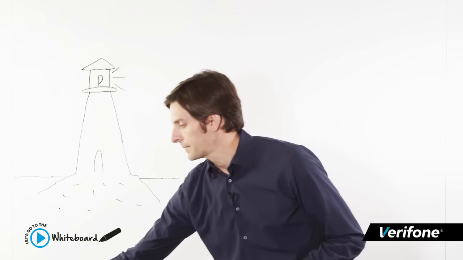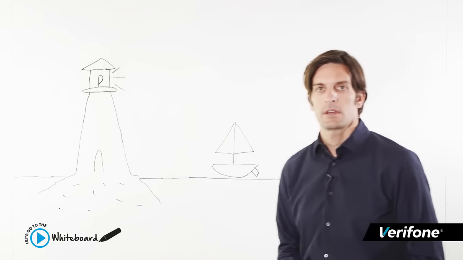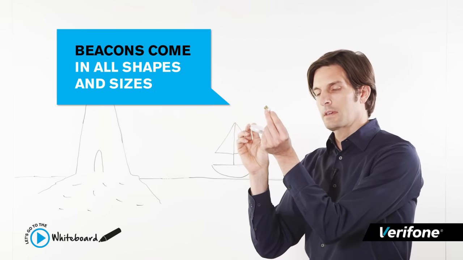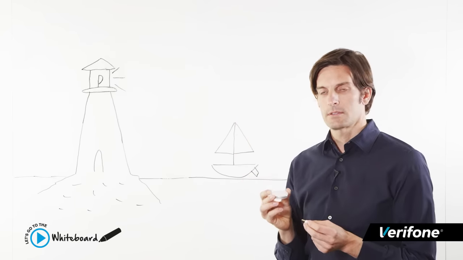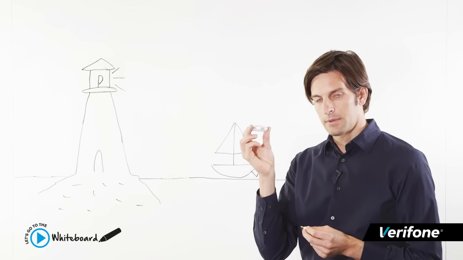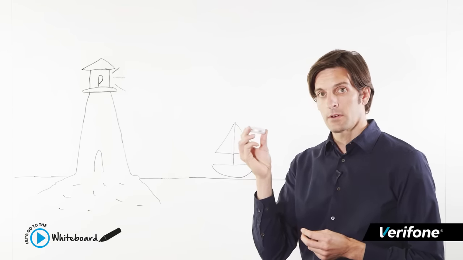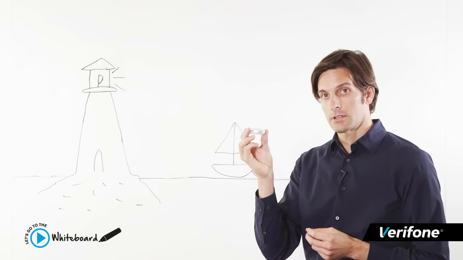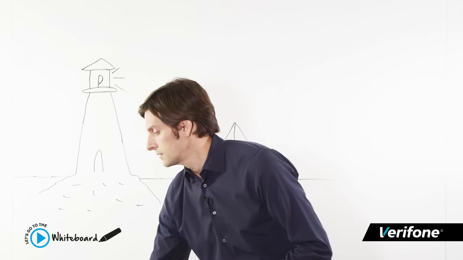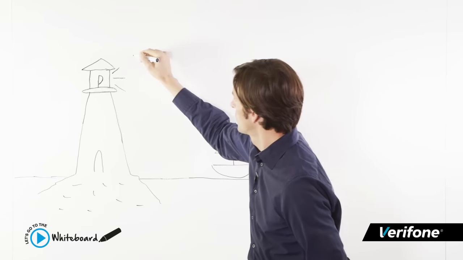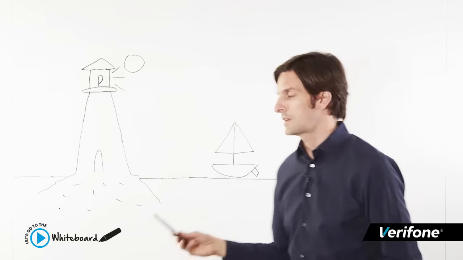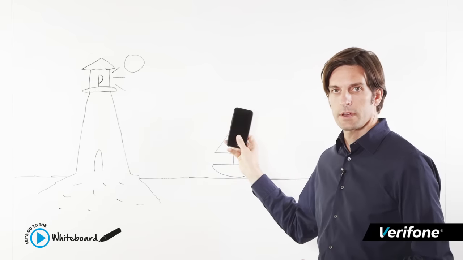The only difference is that the physical lighthouse has been replaced with a digital beacon that looks like this, or like the thousands of other types of beacons that exist today. The advantage of today's beacon is that it's configurable, it costs very little, and it's powered on its own and uses very little energy. The beacons of today, which look like this, then communicate instead of with a sailor or a ship at sea with your mobile device.